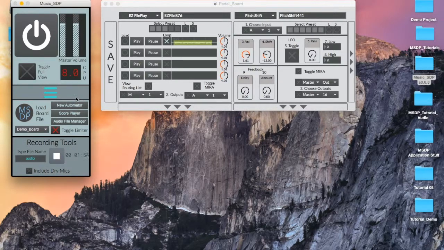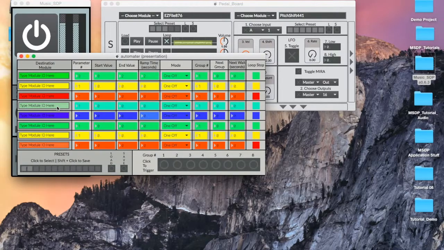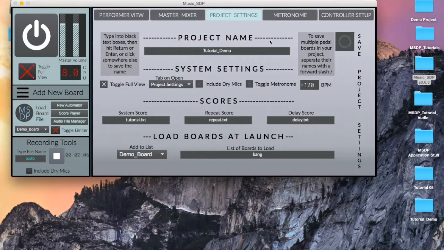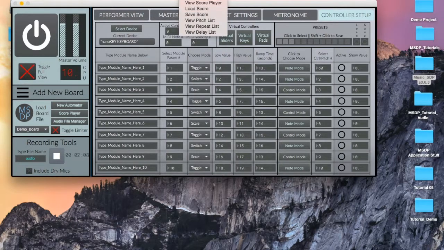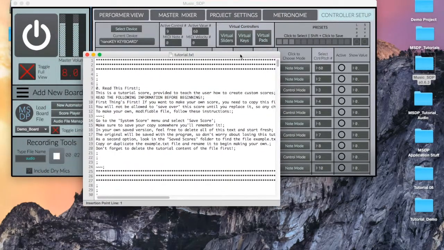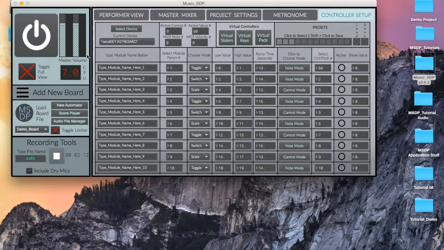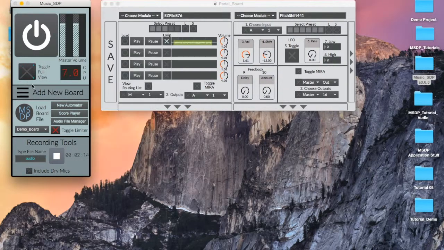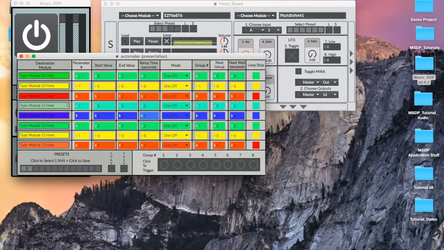The term automation refers to any kind of message that changes a parameter automatically for the user. Music SDP provides a wealth of tools to automate module parameters. We have Automator boards, controller automation, and we can even create complex scores for the system to follow. In this video, we'll only be walking through the basics of automation,